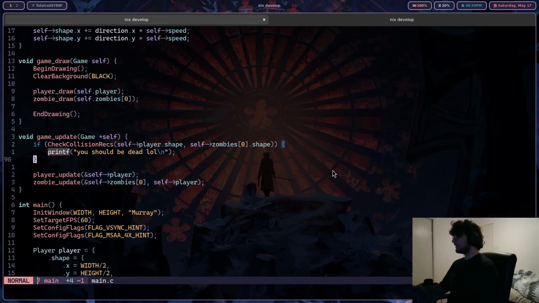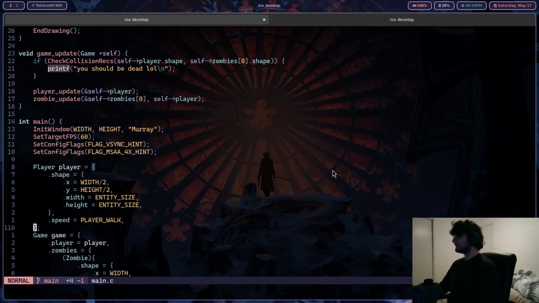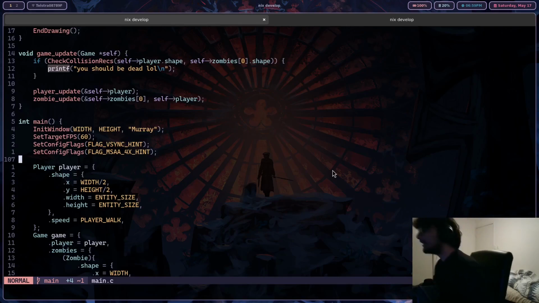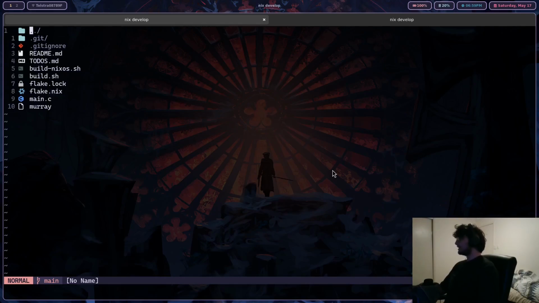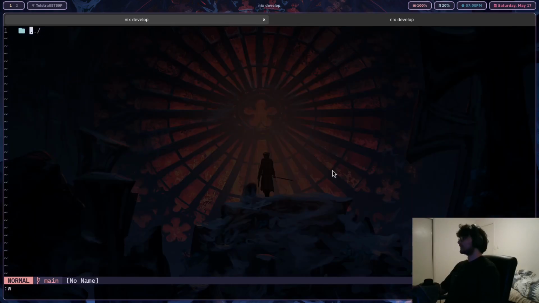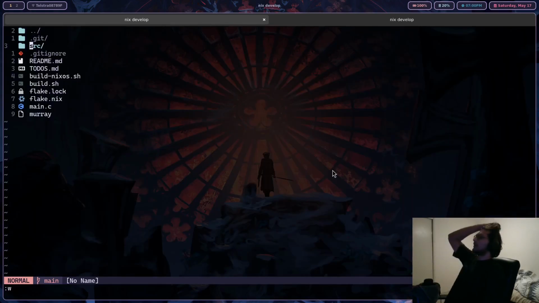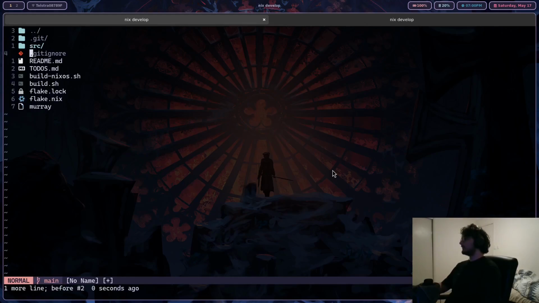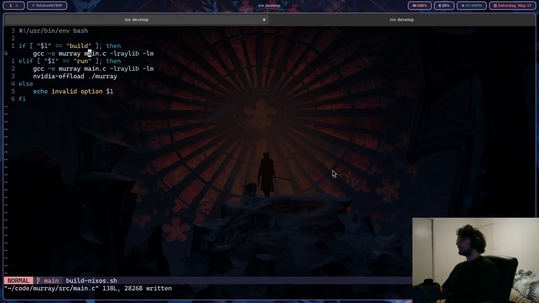Okay, let's get more zombies going. So we also need to make a dynamic array then, and that's gonna be kind of fun. Let's change up this file organization. I'm gonna have a source folder, and in the source we need, I'll move the main.c into there. And in the build script, we're also gonna make sure to change that here. It's gonna be source slash